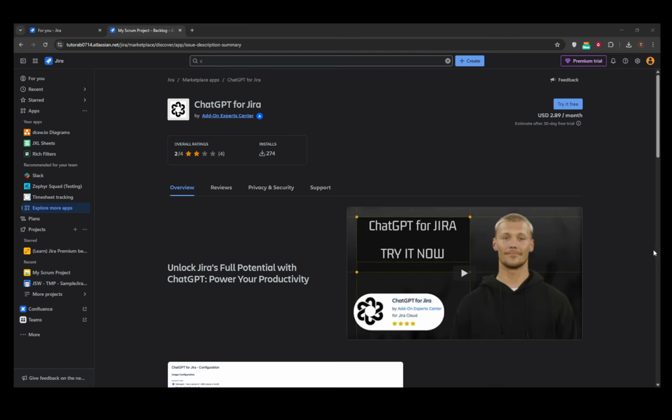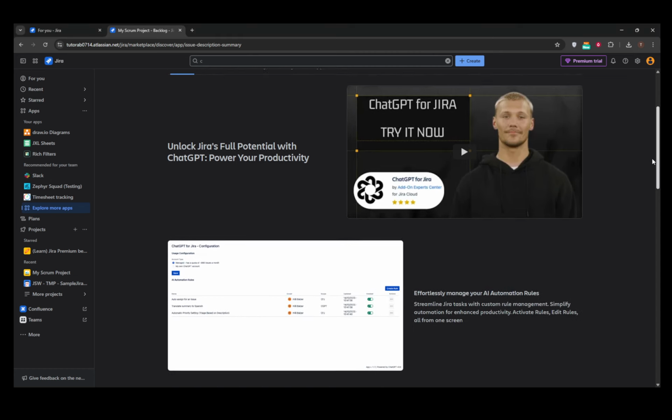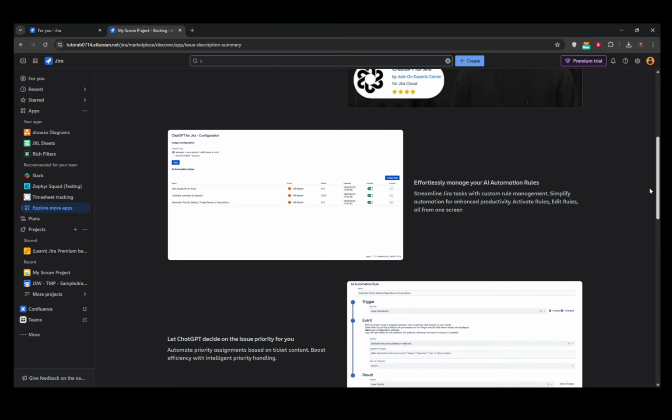First up, let's explore the integration methods, starting with the ChatGPT for Jira app available on the Atlassian Marketplace. This user-friendly plug-and-play solution seamlessly incorporates ChatGPT's advanced language capabilities directly into your Jira system. With this app, users can easily interact using natural language, enabling them to auto-assign tasks, summarize complex issues, and even